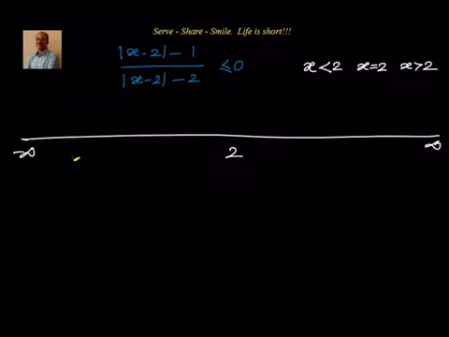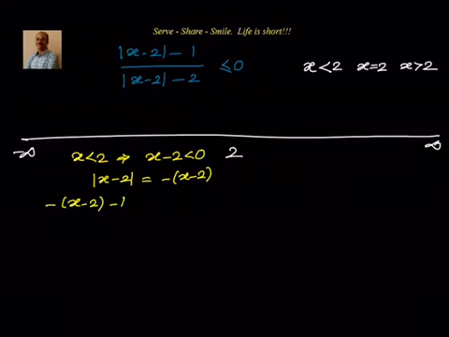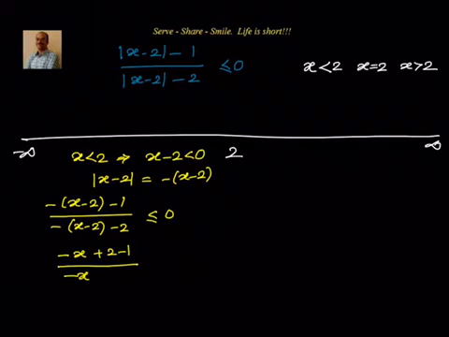Let's go ahead and write that. We know that here x is less than 2, that means x minus 2 is less than 0. By definition, then mod of x minus 2 will become minus of x minus 2. So can I now write the given function as (minus of x minus 2, minus 1) divided by (minus of x minus 2, minus 2) less than or equal to 0, or can I say (minus x plus 2 minus 1) divided by (minus x plus 2 minus 2) less than or equal to 0,